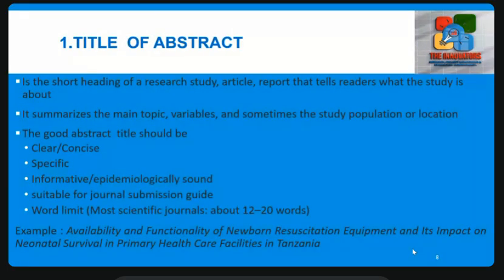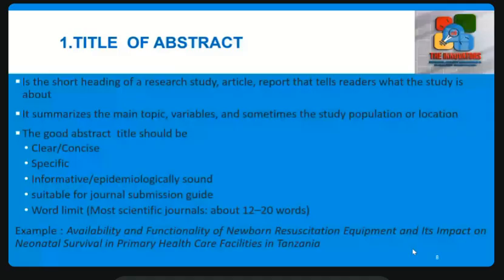Starting with the title part, this is the first part of the abstract for scientific writing. It's the short heading of a research study or article or report that tells the reader what the study is about, and it normally summarizes the many topics and variables the study covers. The good abstract title should be clear, concise, specific, informative, epidemiologically sound for an epidemiological study, and